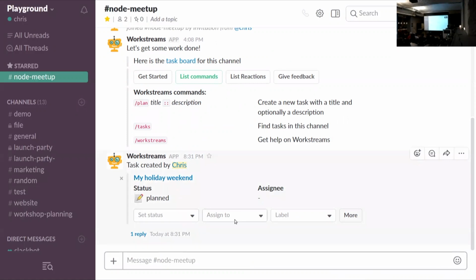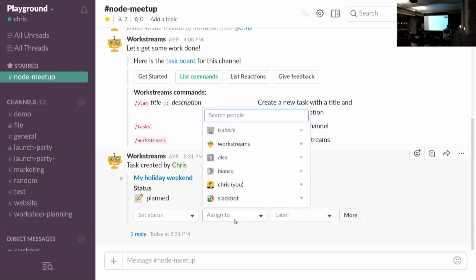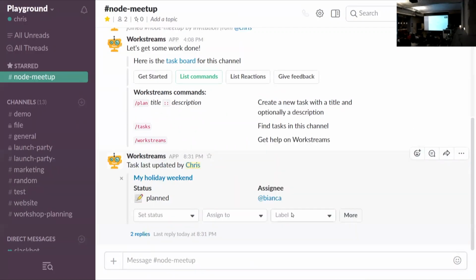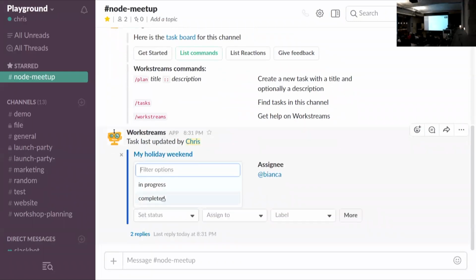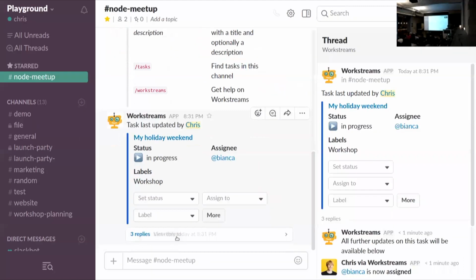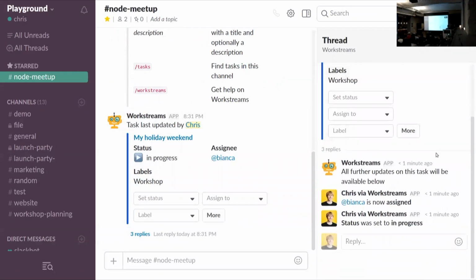And what you can do from here is you see another interaction pattern, which is message menus. They give you even more sophisticated inputs, like, for example, being able to assign someone to a task or label it, and setting statuses and so on. And what we also do here, and this is something nice to see, is create a thread